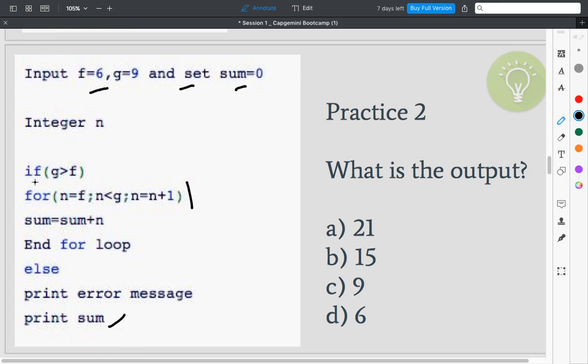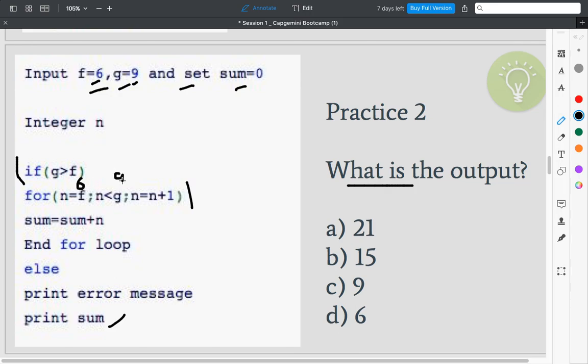So you have understood the program, we are doing a sum of it, and we have to just return the output of it. Now you see f is 6, g is 9. Okay, so what is the first if condition? If g is greater than f, g is 9, it is greater than 6. So now the loop will start from f's value 6. You have to keep those values in your mind, and if you go with pen and paper it will be really difficult and it will take a lot of time.